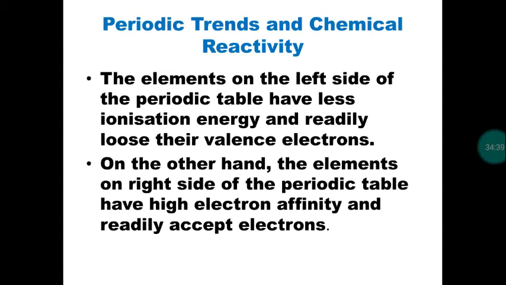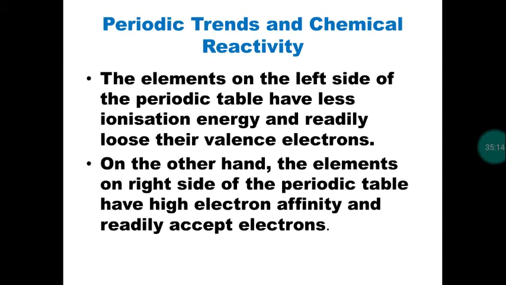Then what about elements with more electron affinity? Usually group number 16 and 17, the chalcogen family and halogen family. Since they are closer to noble gases, they will have more tendency of accepting electrons to become like noble gases. So oxygen can easily gain 2 electrons to become like neon. Fluorine will have the tendency of gaining one electron to become like neon. So they are expecting the electronic configuration of their nearest noble gases, so the elements present near the noble gas will have the tendency of accepting the electron.